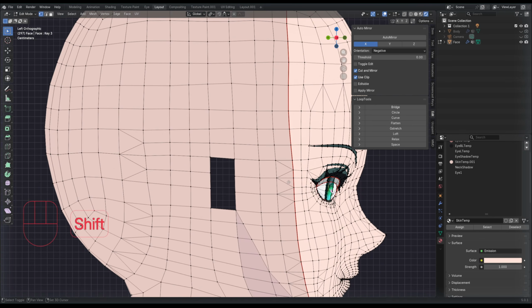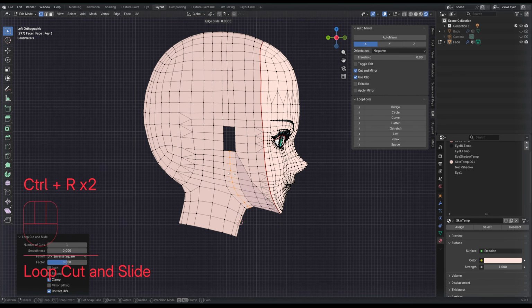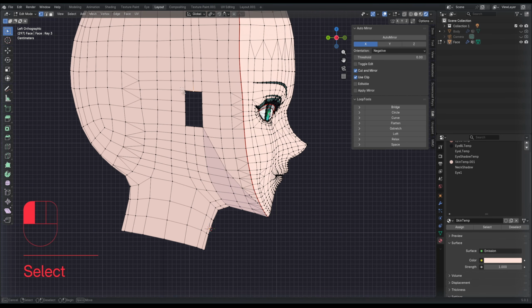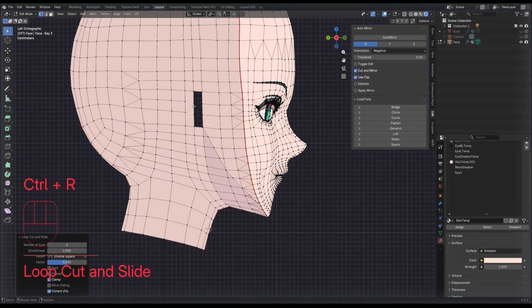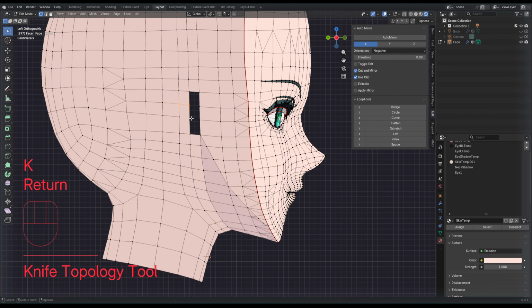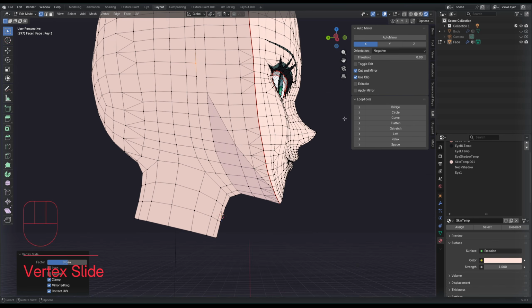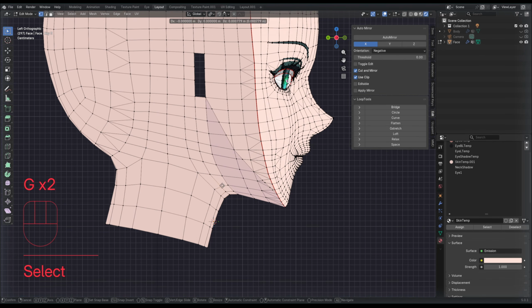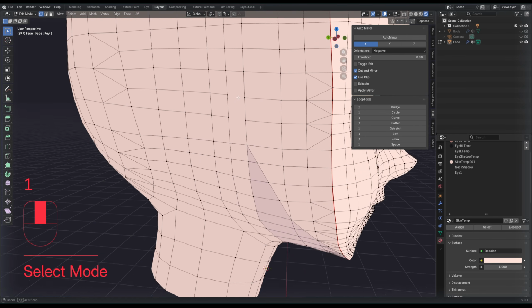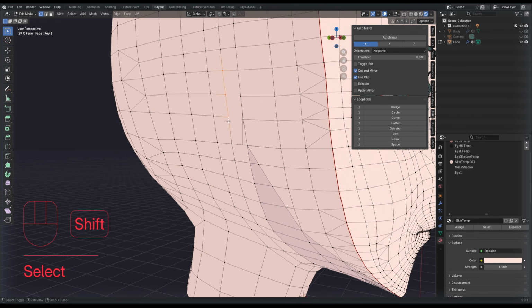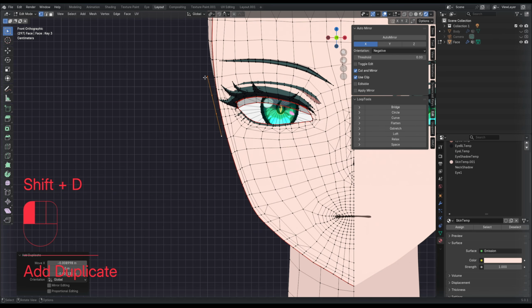I'm going to make the ear base a little smaller by doing a loop cut over and under it. Then I'll fill these faces in on the left. As for the ear itself, I'm going to take these 3 verts, duplicate them, and using extrude, I'm going to go